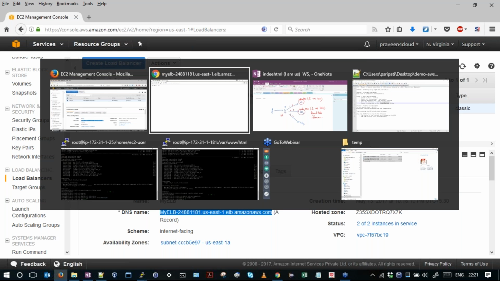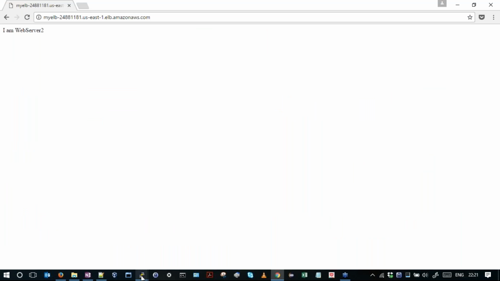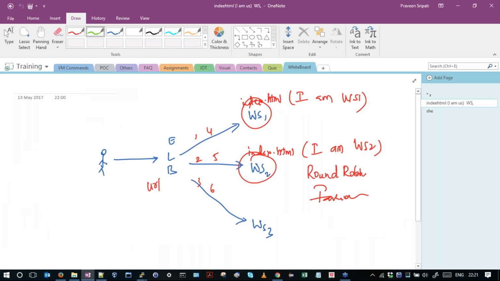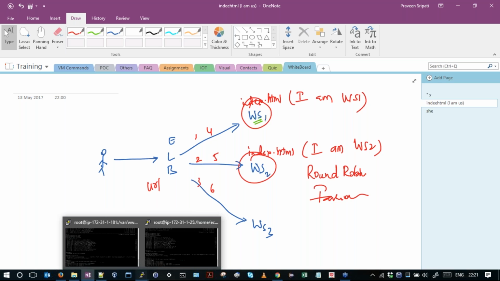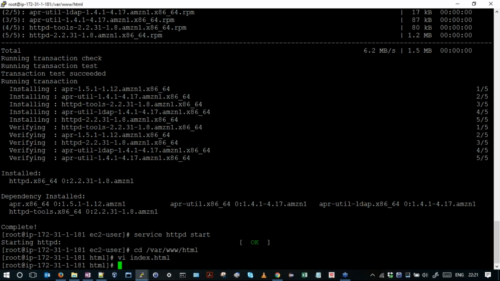Now what we'll do is we will shut down the web server on one of the instances. Let me connect to the first web server and then stop the web server. Earlier we had done a start of the web server.